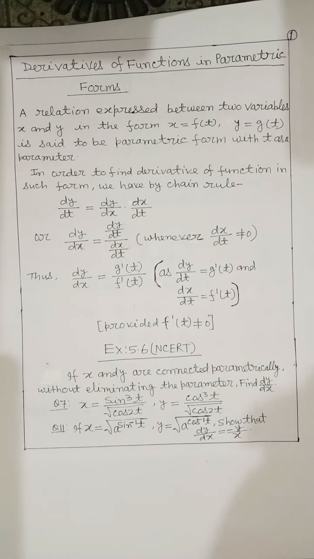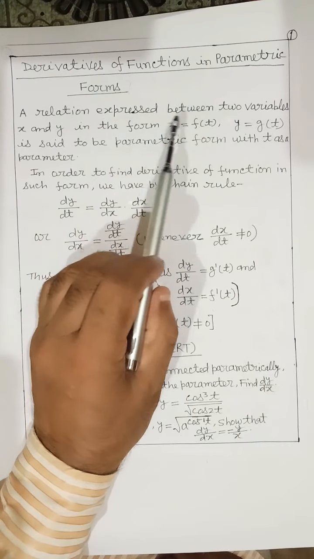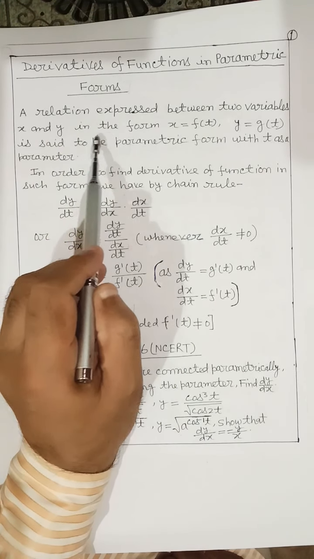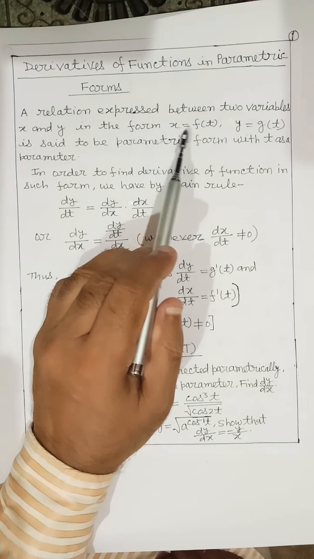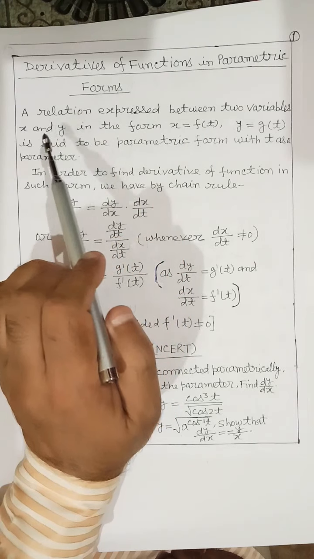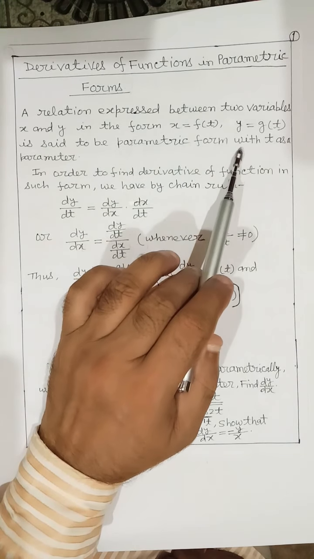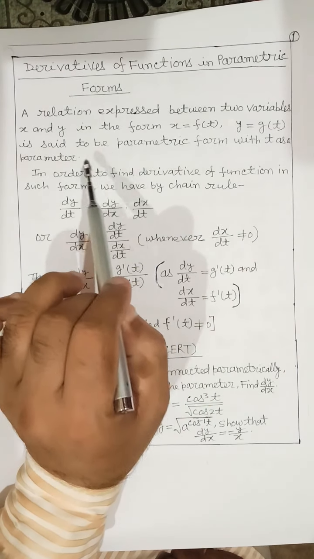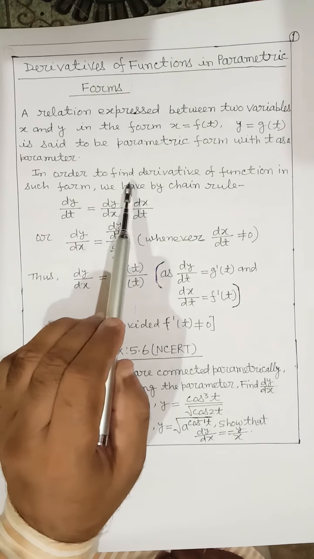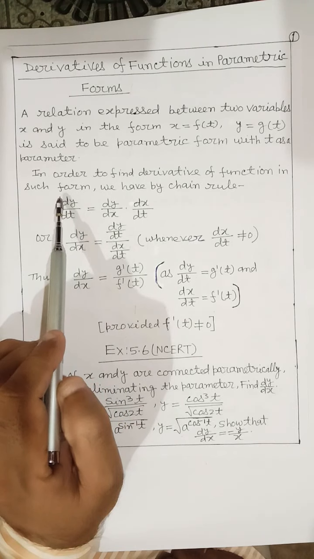More precisely, a relation expressed between two variables x and y in the form x = f(t), y = g(t) is said to be parametric form with t as a parameter. In order to find the derivative of a function in such form,